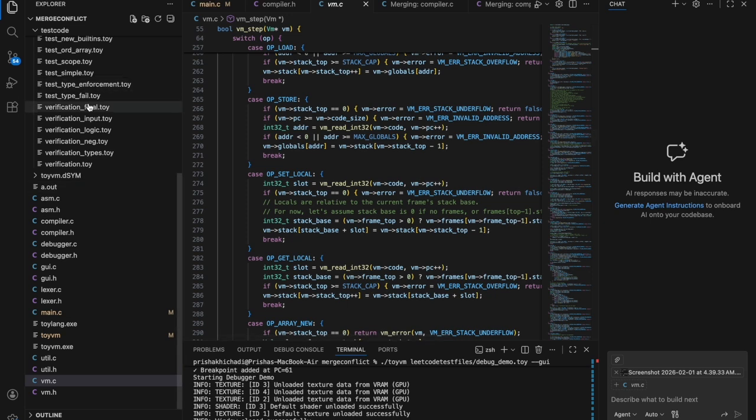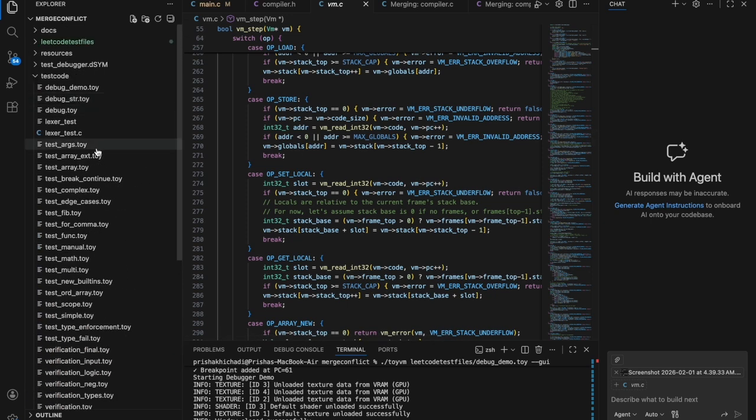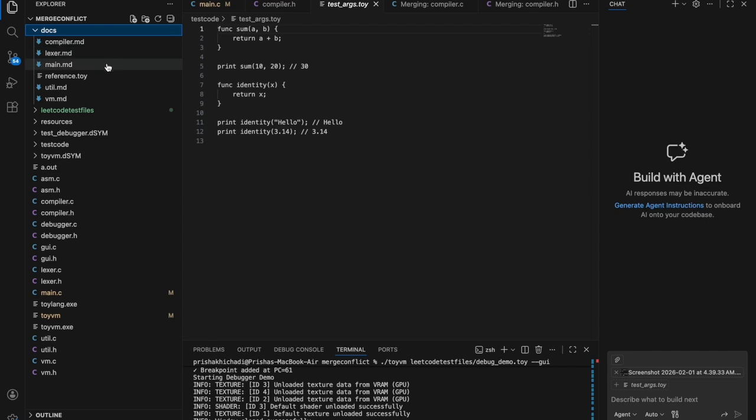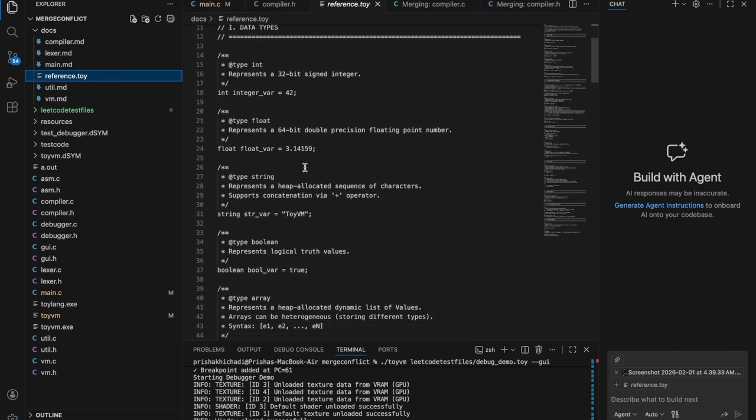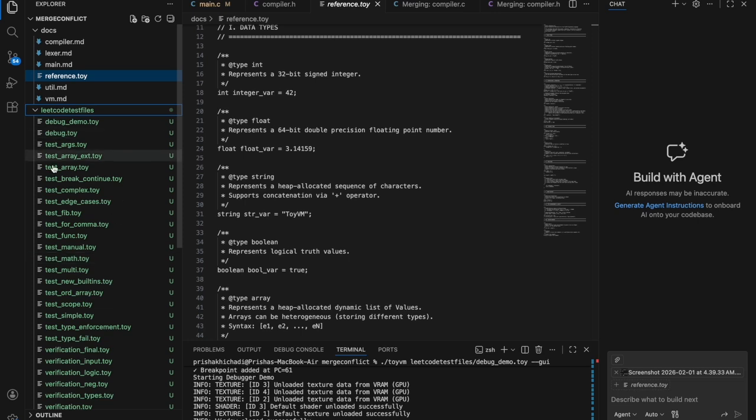And finally, I would like to add that our project is a complete programming language. In the documents file, you can find the reference.toy. It contains how different syntax is supported and how to write actual programs in the language. My favorite part about our language is that we actually solved approximately 20 LeetCode problems using it. Thank you so much.